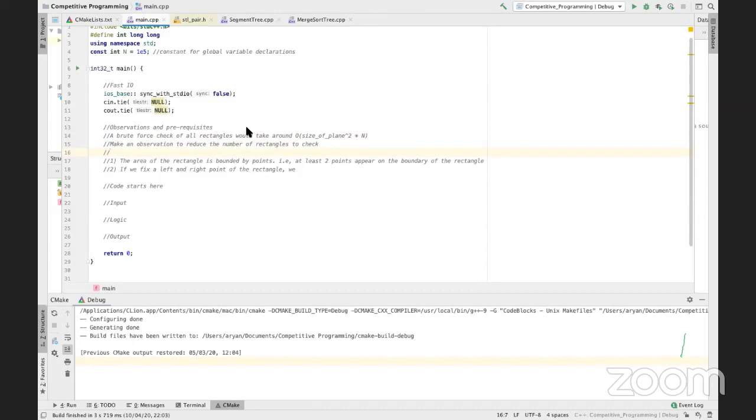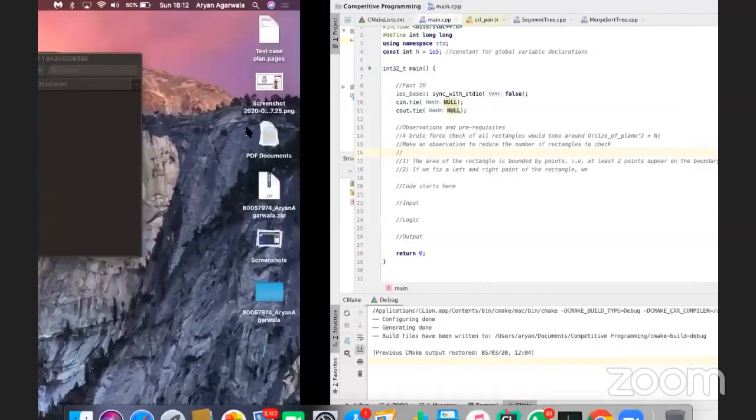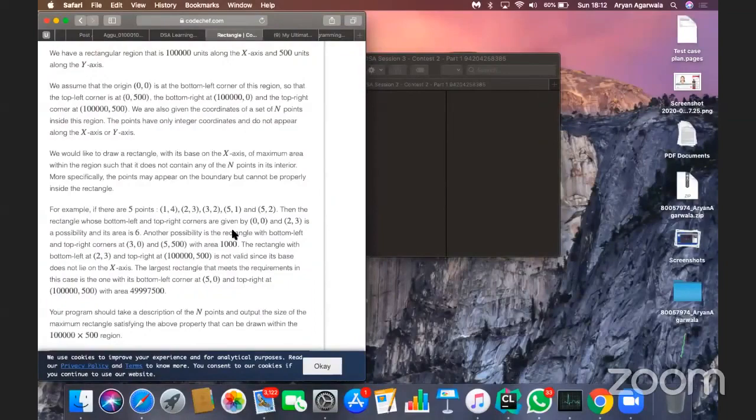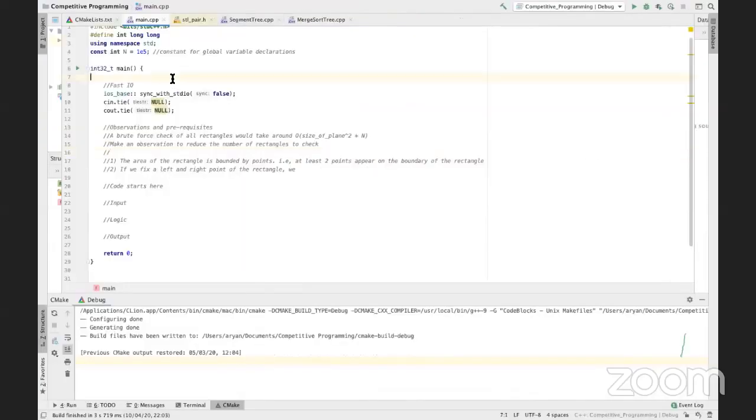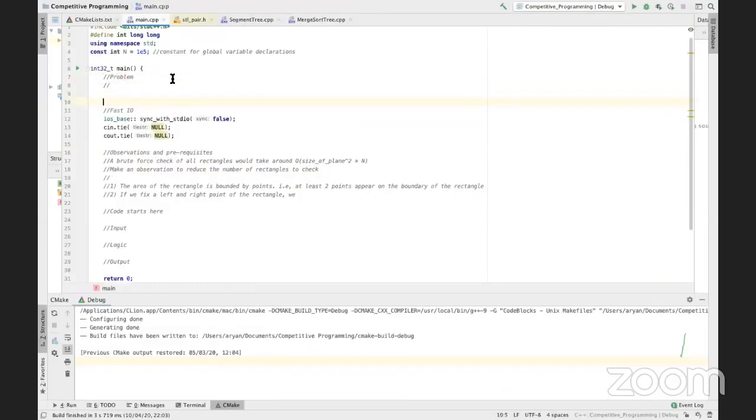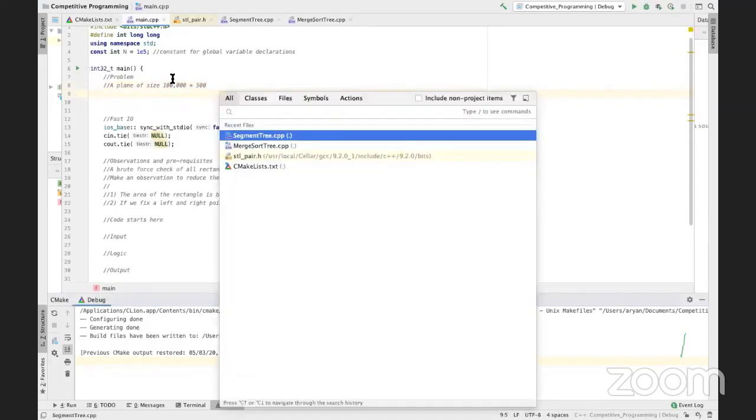Can you please explain the question once? Someone has asked in the chat. Okay, you don't need to write everything. Yeah, thanks. I'll just write a condensed version. The problem is basically this. We're given a plane of size 10,000 by 500, and in that we're given